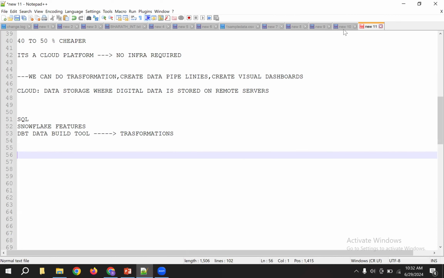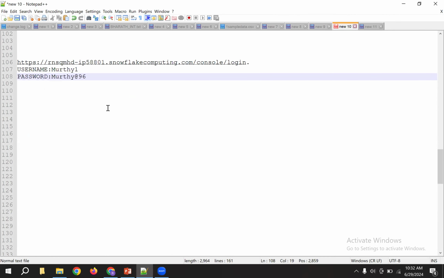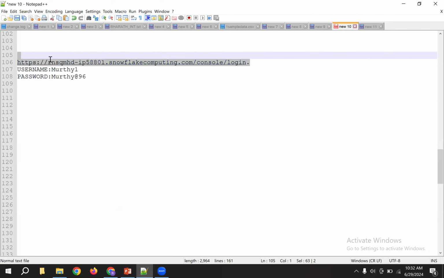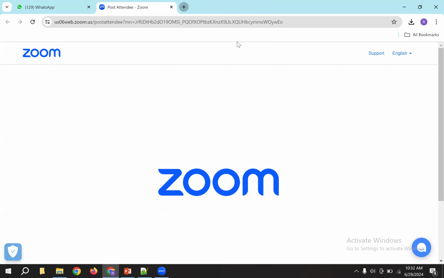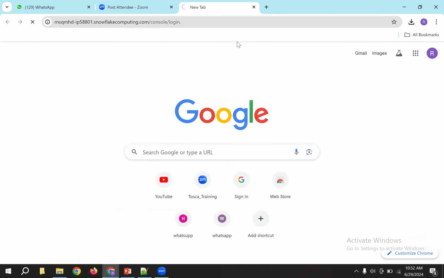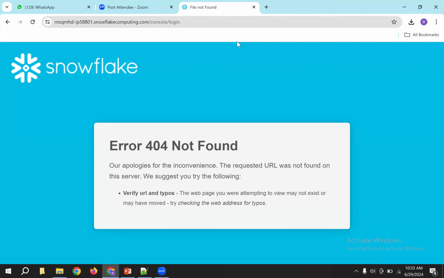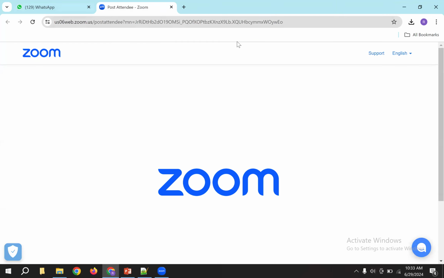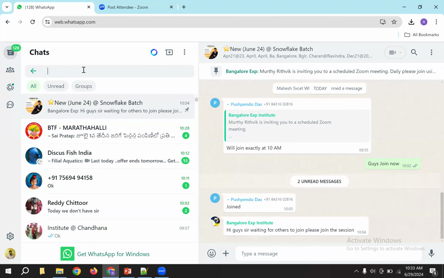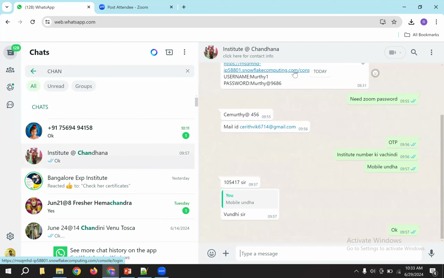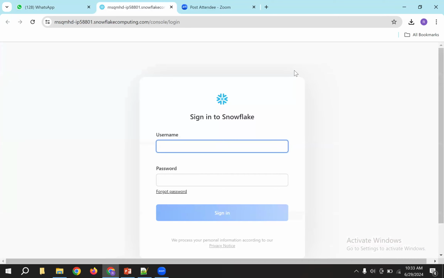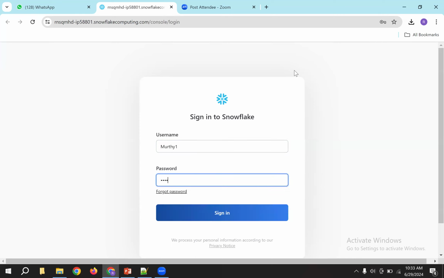In my notepad, see here, guys. This is my Snowflake account. So I'm going to log in here. Once you register, you will get a link like this, guys. So I'll show how Snowflake looks like.